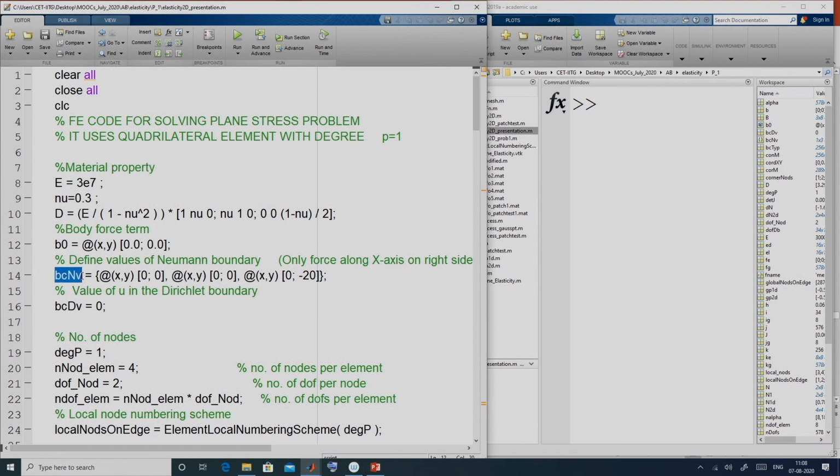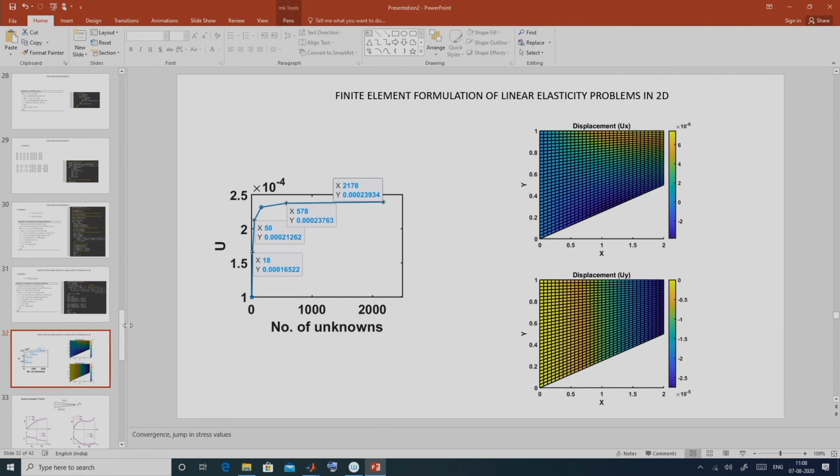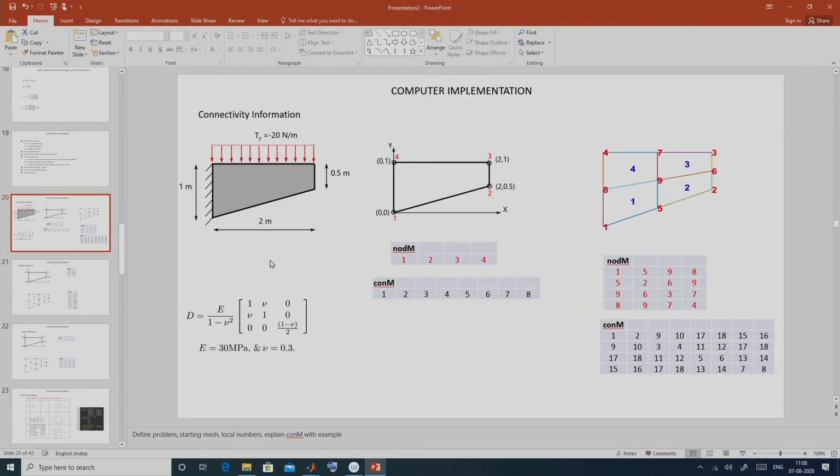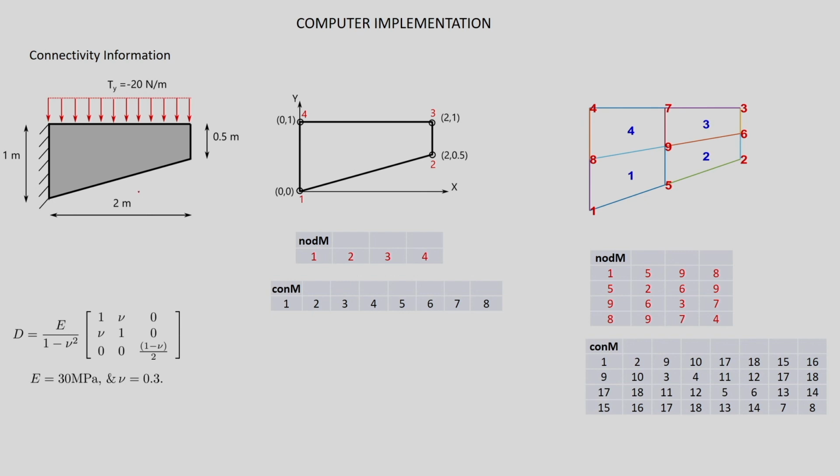Then we have defined the Neumann boundary condition. Here we have 4 boundaries. Let us go back and look at the domain. The left boundary is the Dirichlet boundary, and the rest of the 3 boundaries are numbered as 1, 2 and 3.